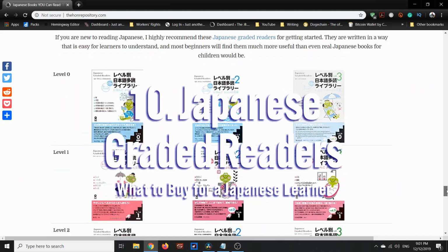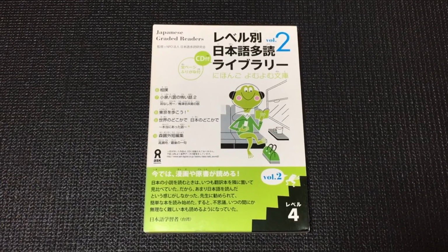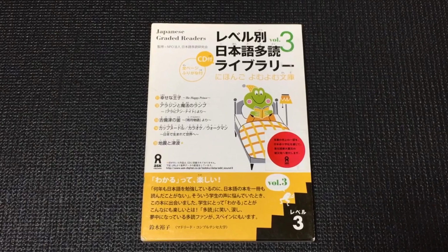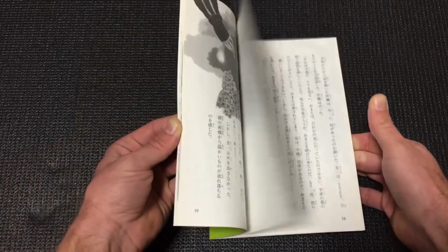Number 10 on this list is Japanese graded readers. So there's actually 4 levels of Japanese graded readers. Level 1 is for beginners, obviously, and level 4 is for upper beginner intermediate level. Now, level 1 I would recommend avoiding, as any learner will outgrow them almost immediately if they're a diligent learner. But level 2 and 3 are actually perfect for beginner to upper beginner, and even lower intermediate. The stories in both 2, 3, and level 4 are actually really good too,